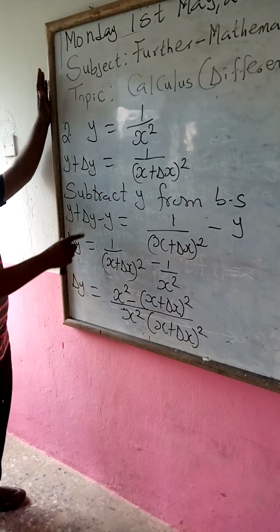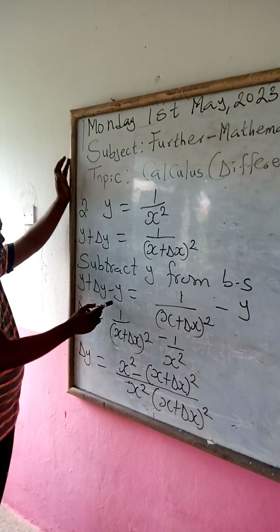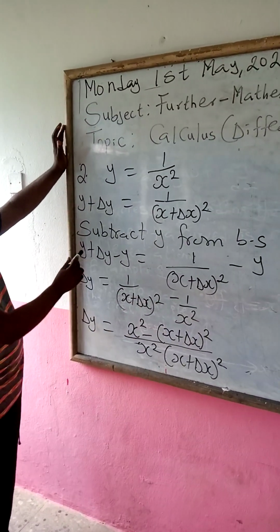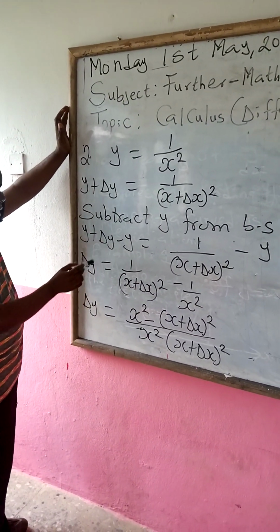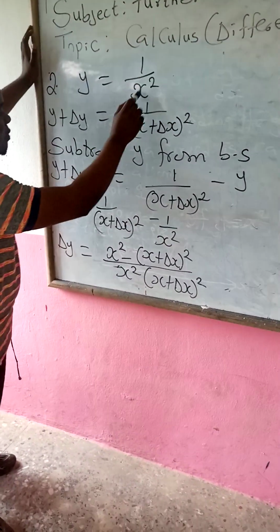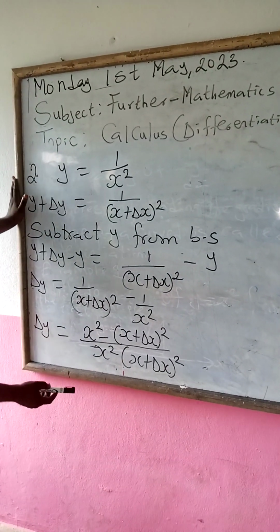Then the next step states that you subtract y from both sides, which I have done. I subtracted y from it. I'm also subtracting y from the other side, because it's from both sides. And y minus y will give us 0. That's how we are going to change the y. And this is the question here. Then y is 1 over x squared. This is 1 over x squared. So my change in y now equals to